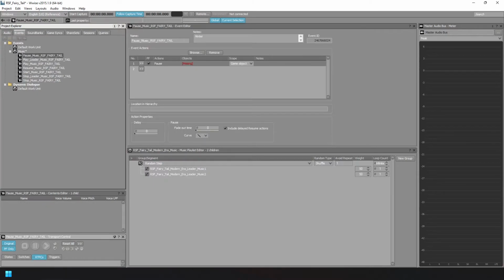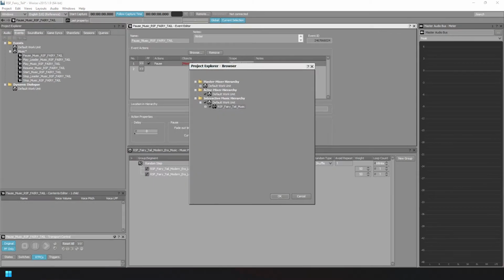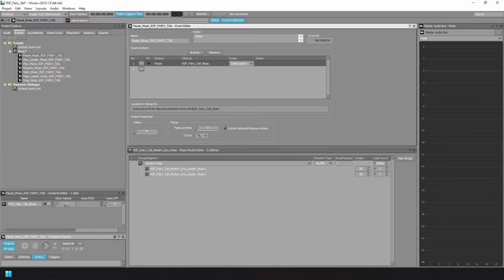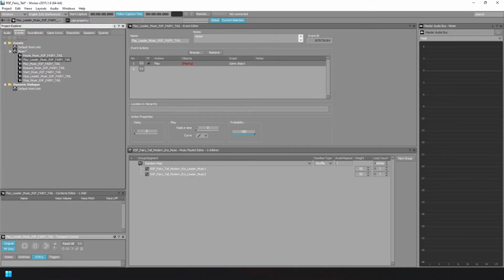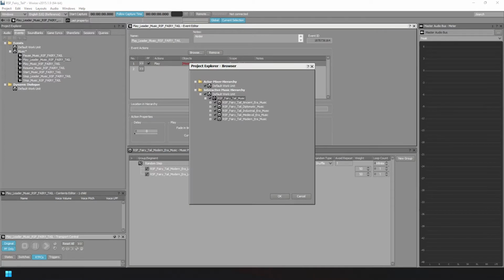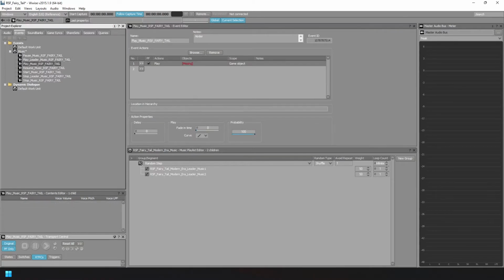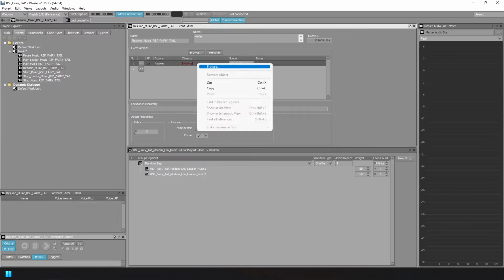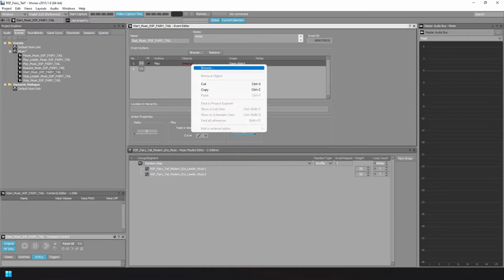Once all of them are added, open them up one by one. Under Objects, select your music switch container. You can also set the fade in or fade out time here. I just go with 1 for all of them. For the play leader and stop leader events, you select your diplomacy playlist instead. For resume music, make sure master resume is checked.